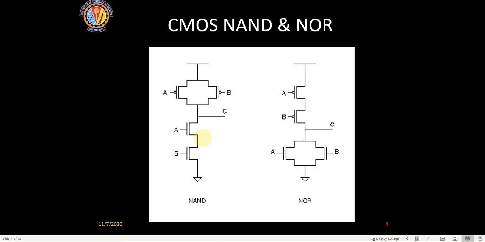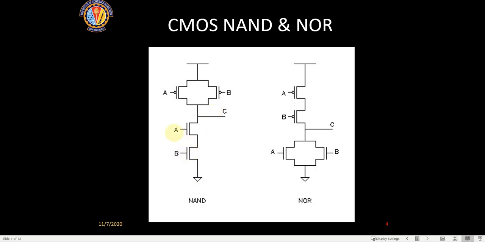These kinds of questions I might ask in the exam also. Because A is 0 and B is 0, both NMOS switches will be off, whereas both PMOS will be on. So you will have VDD coming here, so it will have a supply voltage of 1 here.